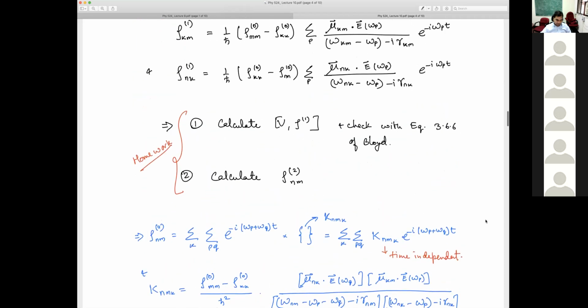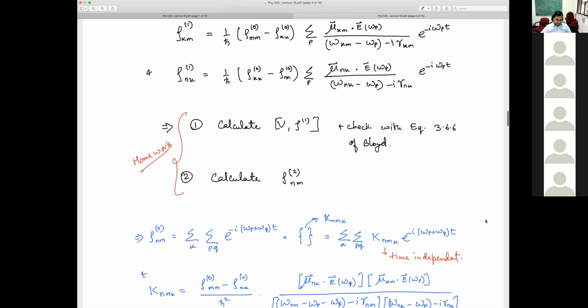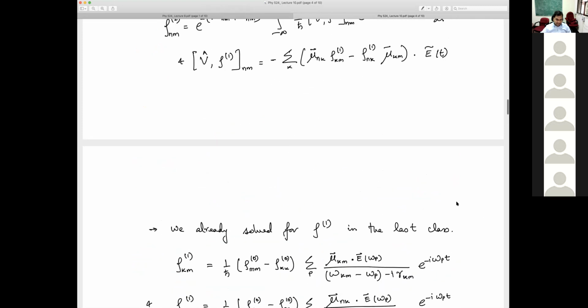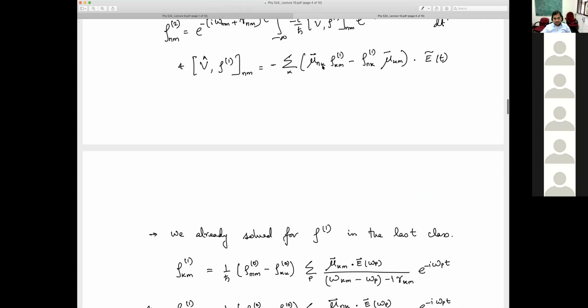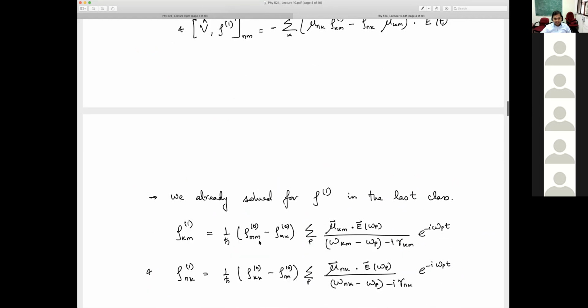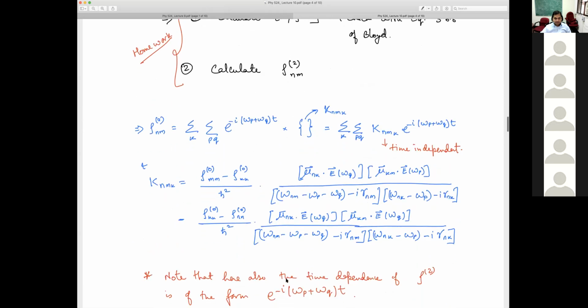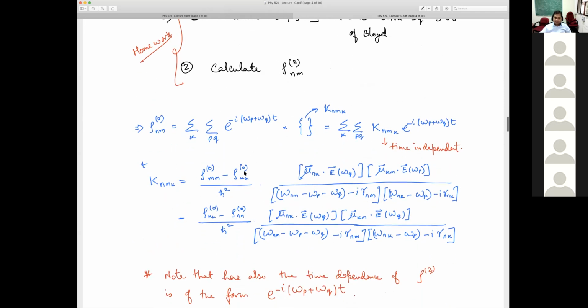So let's go back. So I had two terms basically here, right? So mu times rho 1, and rho 1 had this term basically, rho mm minus rho kk0, right? So that will give me half of this, and the other half gives me the other half. So these are the two terms basically. The first term comes from the first term of that equation, so rho mm minus rho kk0, and the second part comes from the second half of the commutator, so rho 0 kk minus rho nn basically divided by h square.